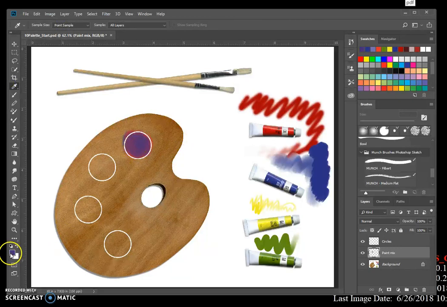You can see it's purple over here. And then paint in the next circle. It's okay if it's not perfect. In the options bar, choose clean brush from the current brush